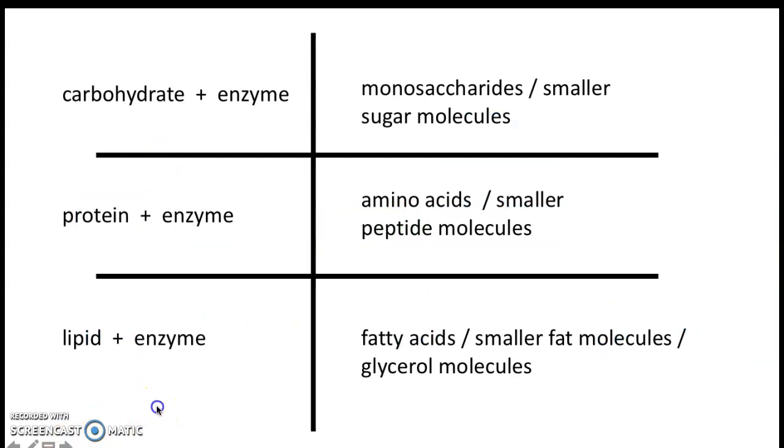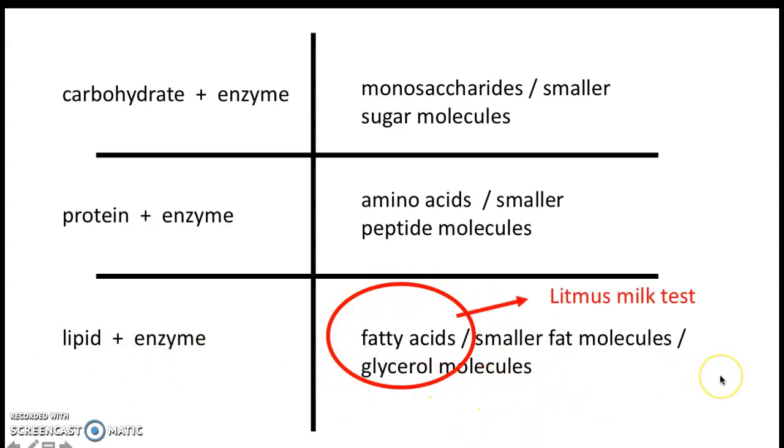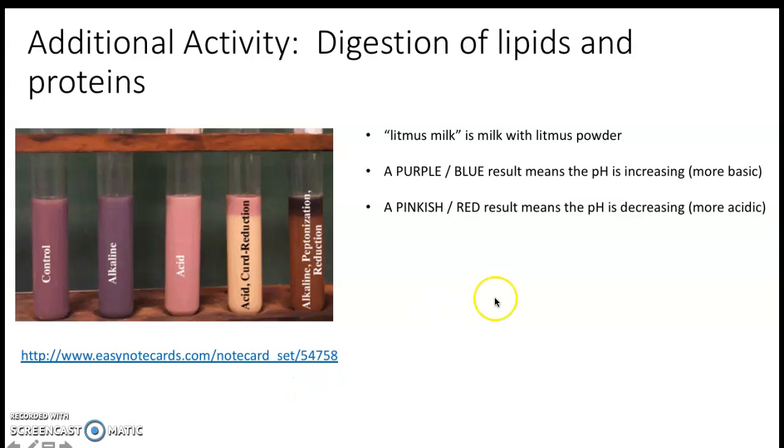Now the next possible test that you might be doing in lab is going to involve looking at the breakdown of lipids with an enzyme. And here we're going to be looking at the production of fatty acids, and we're going to be using something called a litmus milk test, which is a little bit different than some of these other tests, but it is exactly what it sounds like. So in a litmus milk test, what you're doing is you're actually incubating your substrate and your enzyme with some milk or cream